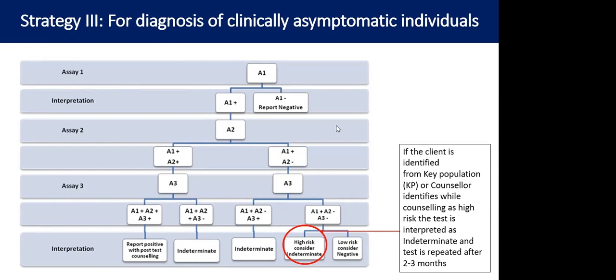To summarize, if the first test A1 is negative, report negative with a negative post-test counseling. If it is positive, then go for subsequent tests, and if all 3 tests, A1, A2, and A3, are positive, report positive with a positive post-test counseling. However, if only A1 and A2 are positive but A3 is negative, or A1 and A3 are positive but A2 is negative, these are